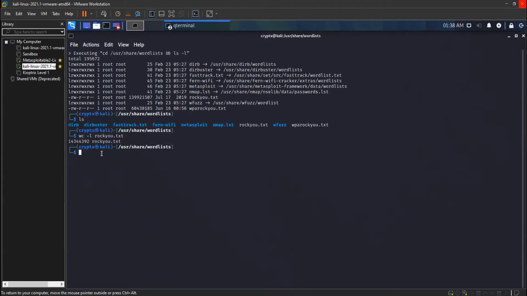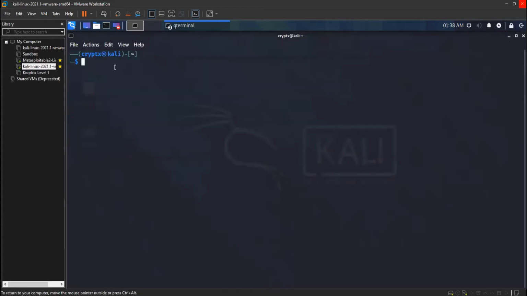G told you about the command nano to open a text file. I'll show you the other command, which you may know about, cat rockyou.txt, which will just display all the lines in a text file. There's another command, which is less rockyou.txt. I'll show you in the other terminal, this one.